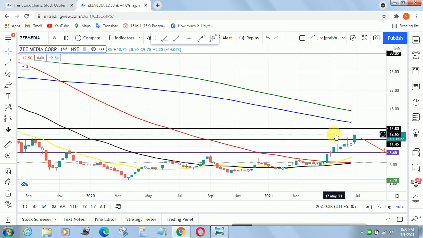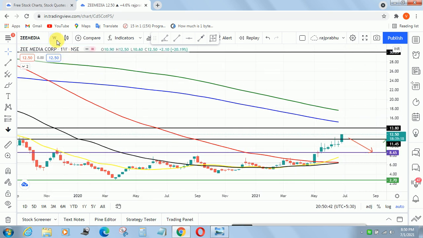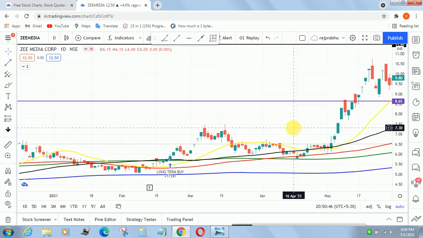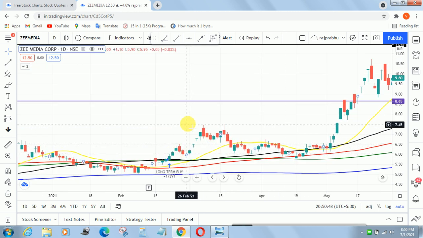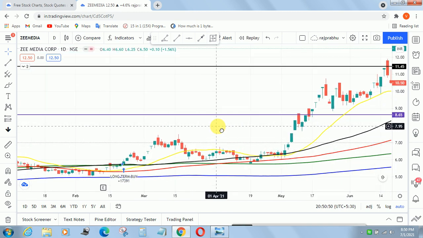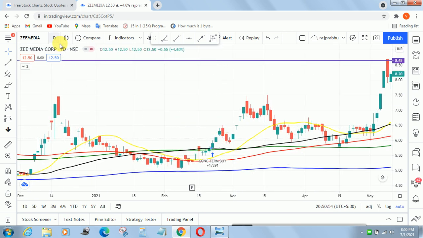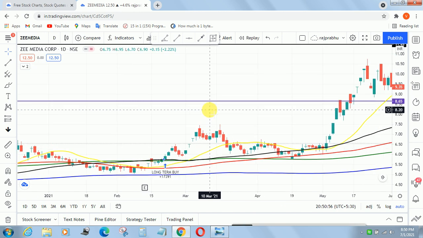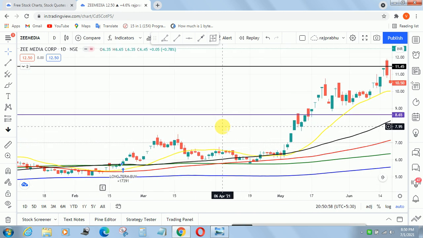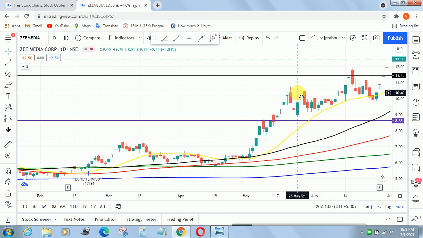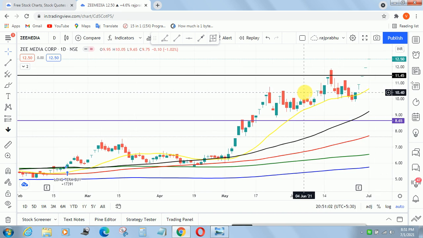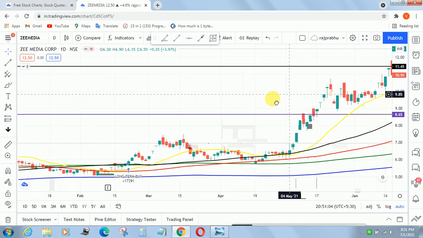The price is almost 12.50, but it gives a signal in the daily chart. You can analyze in multiple time frames. If the stock is trading at a low price, you can check it in the daily and weekly chart. If any one gives a buy signal, it's good for an entry. It gives some indication only.